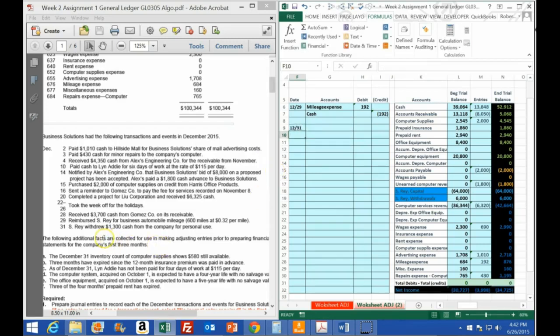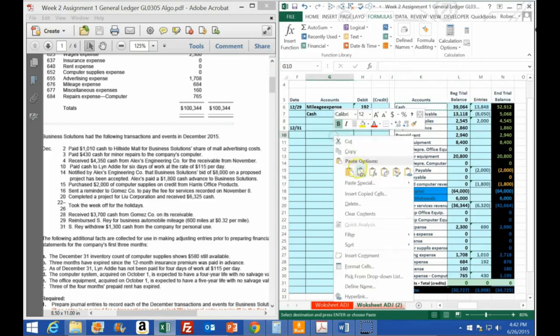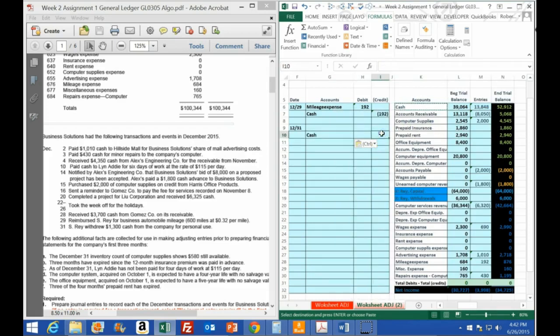And the owner withdrew 1,300 cash from the company for personal use. Okay, so is cash affected? Yes, the owner took it out, therefore the cash is going to go down. How do we make something go down? We do the opposite thing to it, which in this case would be a credit to cash of 1300. We're going to debit something. What are we going to debit? Well, who took it out? The owner. So we're going to go to